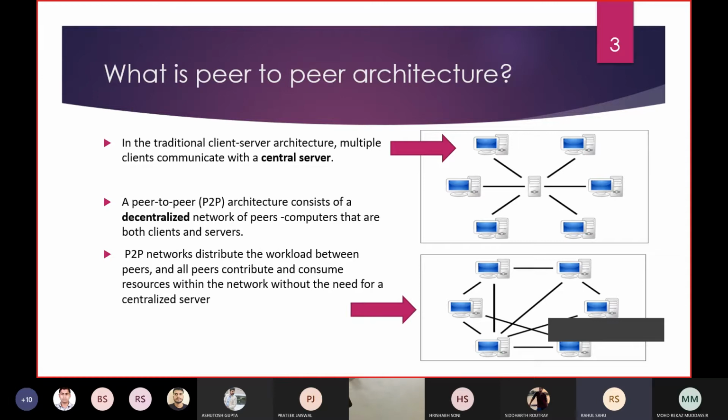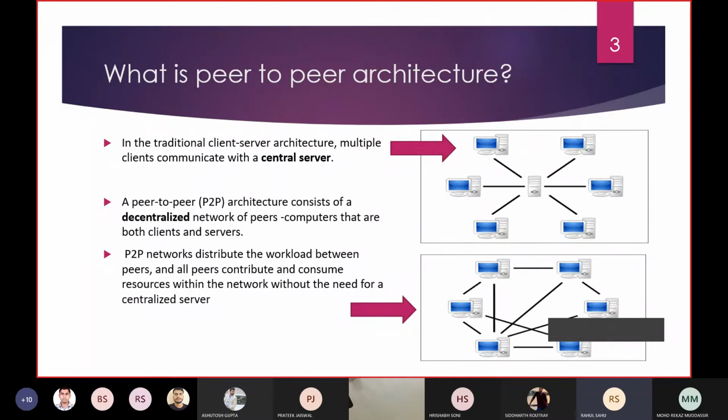But our Gnutella is a decentralized network. It means there is no central server. In a decentralized network, peer computers work as both client and server. So what is the benefit of this?